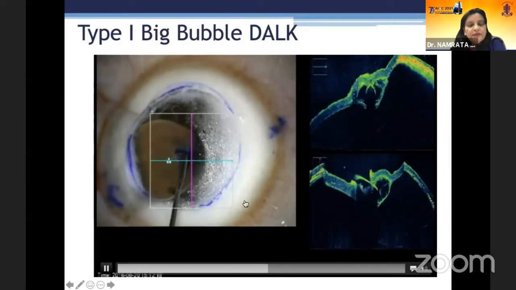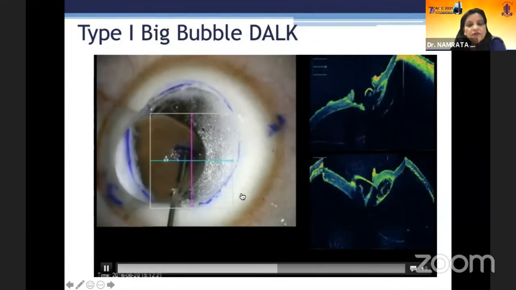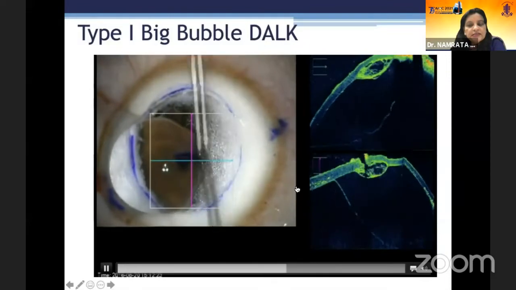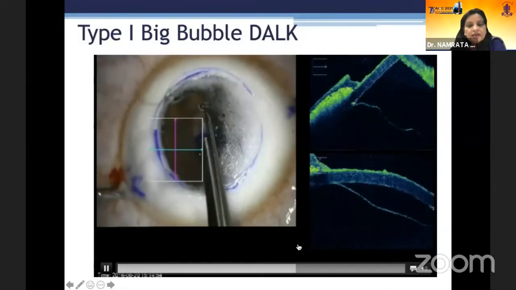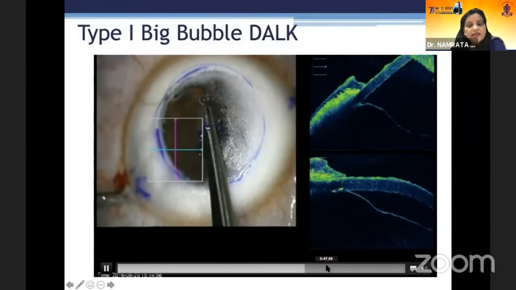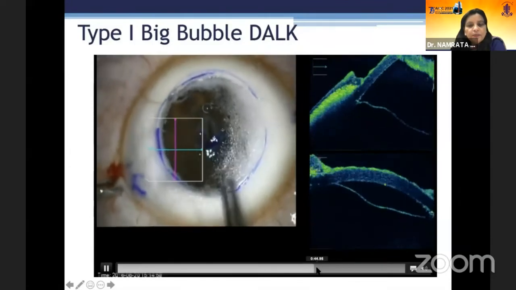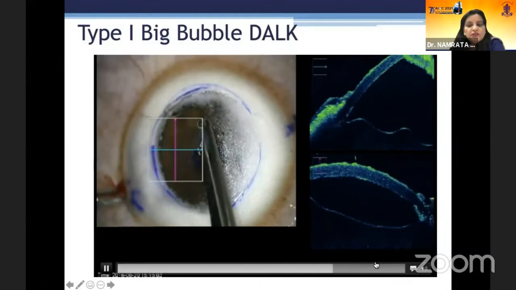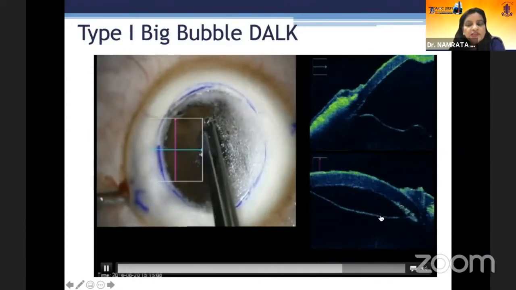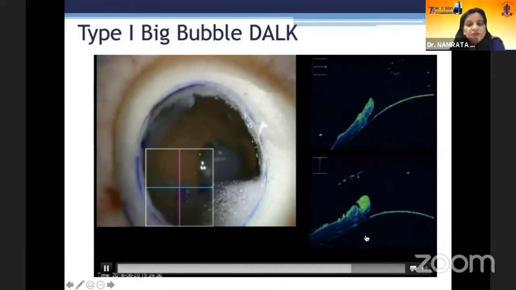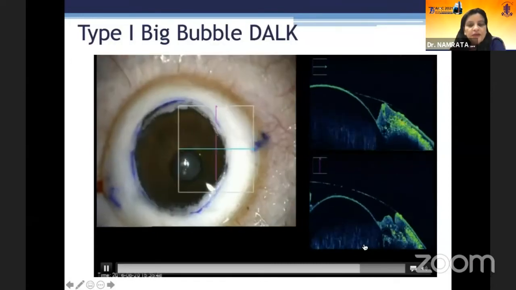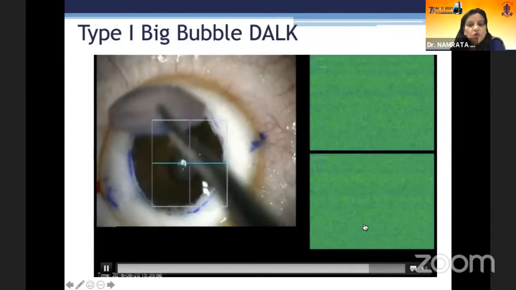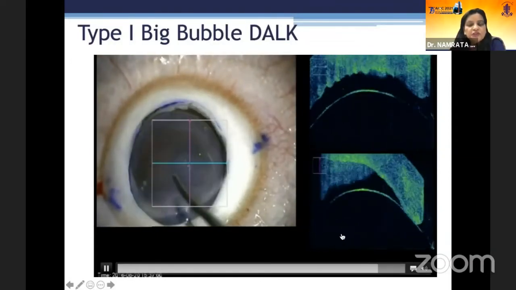Now this can then be reinforced again with the help of the viscoelastic agent which is instilled inside, and subsequently the overlying stromal layers are split. The intraop OCT microscope helps you to see the side view, which probably you can appreciate only on the slit lamp. And when it is there, it helps to fine tune your surgery better.